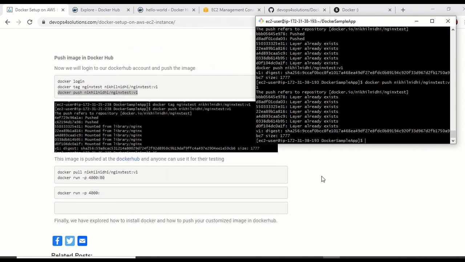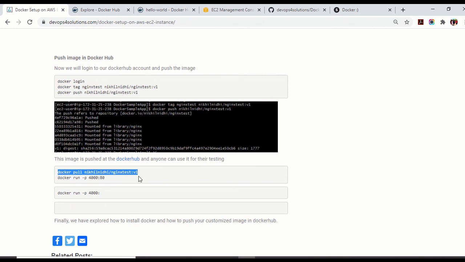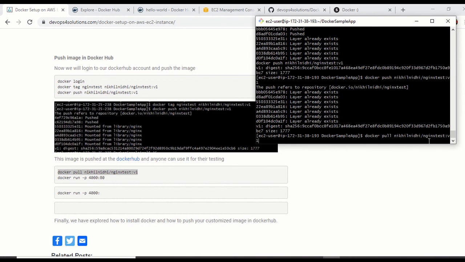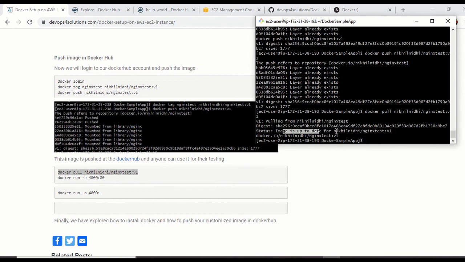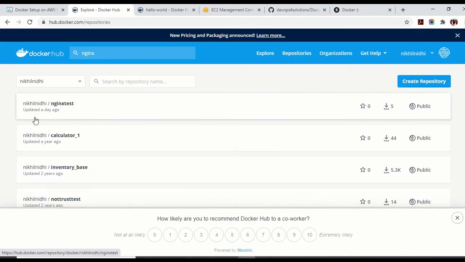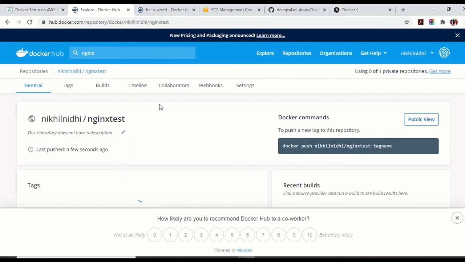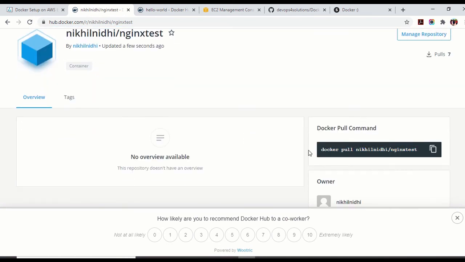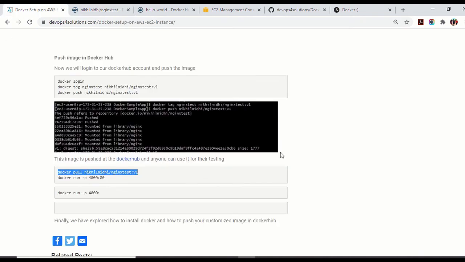The image is pushed. Now you can actually pull your image also like this, docker pull. The image is up to date for this. And here also I can show you, if I go to my repositories, you should be able to see this. Because I already did the work, you don't see any changes there, but this is the image that people can use directly. This is for me. If you do the public view, if anybody wants to use it, they can just use it like this. They might have to put the version number because I have not pushed the latest one.